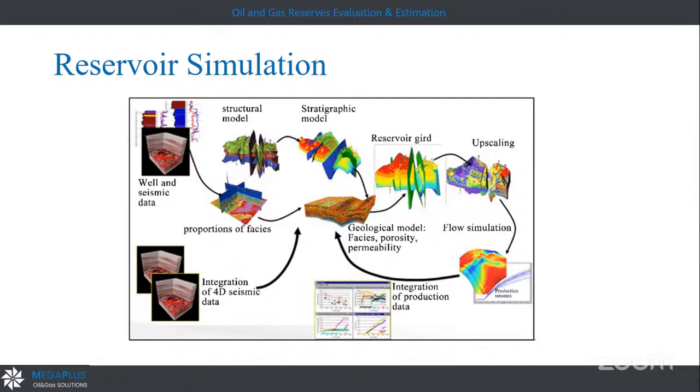And I need to make a dynamic model. What is the dynamic model? The dynamic model is a model that makes calculations between cells with all the dynamics that happen. And what are the dynamics? We have pressure dynamics, we have saturation dynamics, we have relative permeability or fluid movement dynamics according to the saturation. After that, we make this dynamic model, and we make a prediction and a history match, where we see how wells in the model produce, compare it with the real data, and make a history match so we can approve the model.